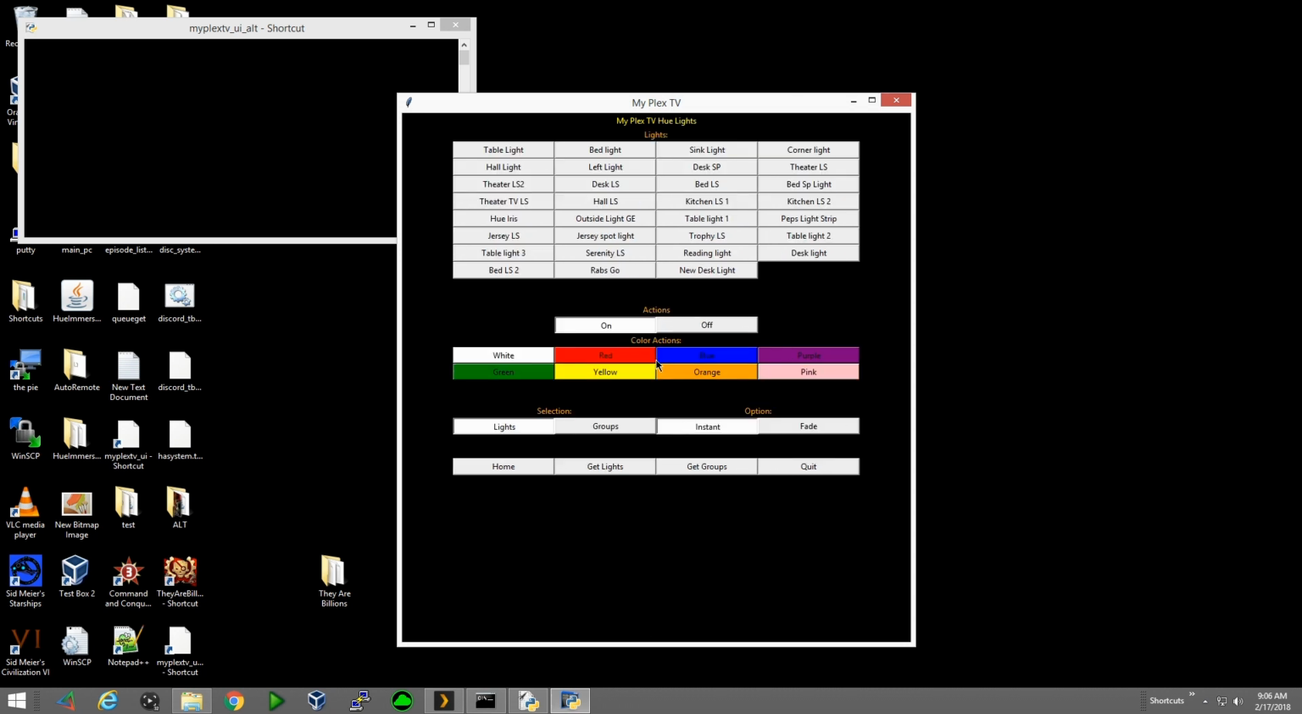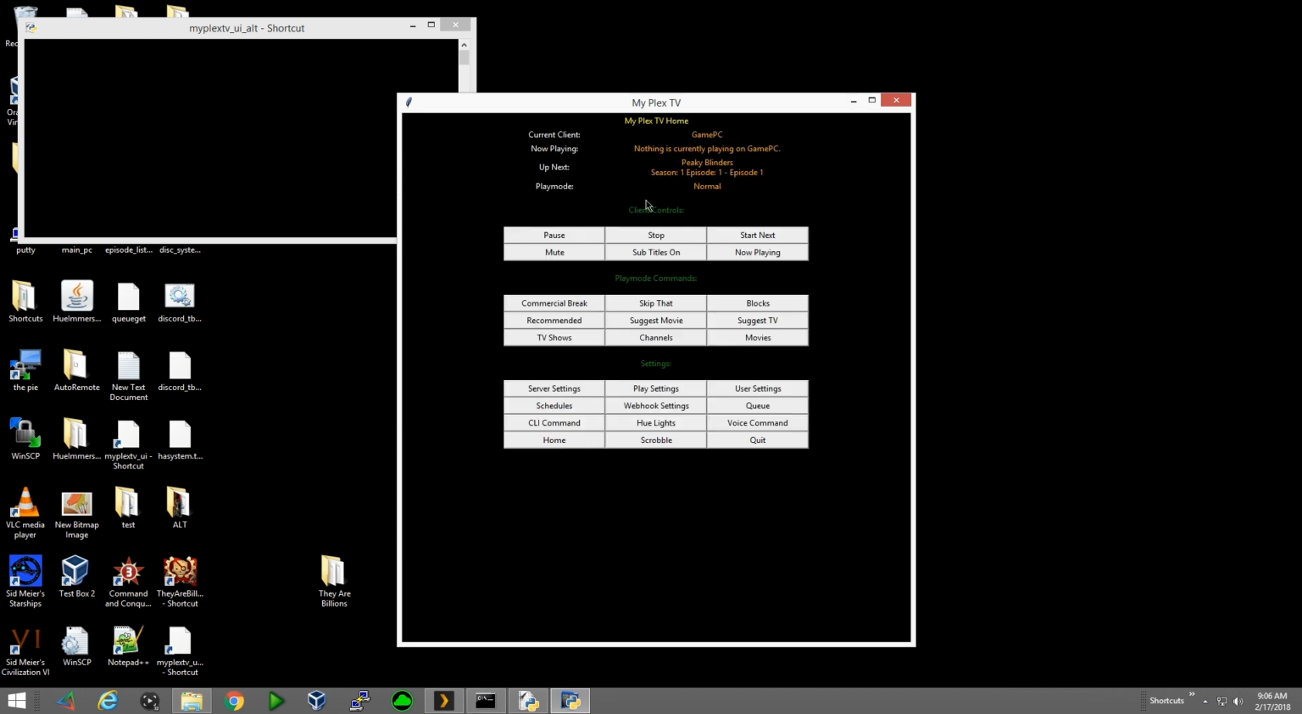in here. You got the actions that you can do. Turn it on, change the color. You can do that on fade or instant. It's pretty simple. It's not really designed to control your Hue Lights. Really what it's designed for is, if you go under webhook settings,